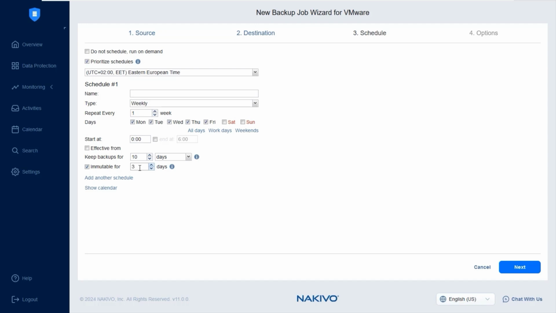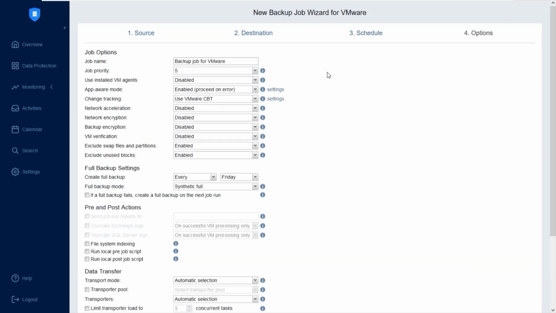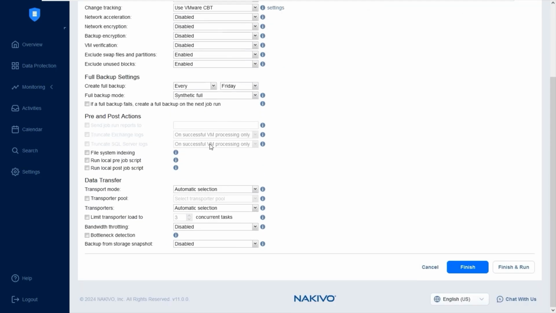You can also add another schedule to this backup job if necessary. Clicking Show Calendar enables you to open the calendar dashboard to get a bird's-eye view of your data protection activities. Use this feature to plan your backup schedules, avoid job overlaps and performance bottlenecks. Click Next to proceed. At the Options step, you can specify the job name, priority, application awareness, backup encryption, verification,